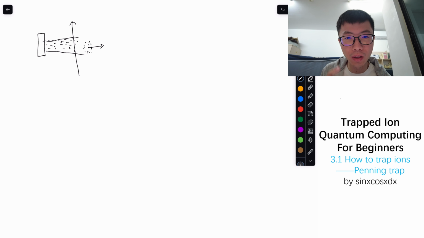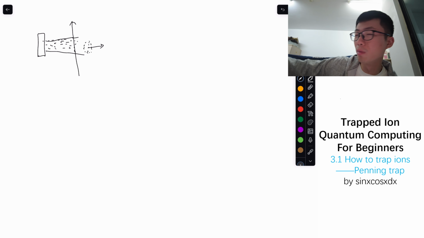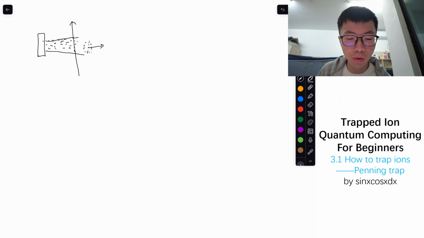What we need to do is to confine the ions in a small zone, in a limited zone. The ions can oscillate in a small area, they don't have to be static, but they should not just go away and hit the wall. So we need to confine the ions. How to confine the ions? Since the ions have a positive charge, a very naive and direct idea is to use